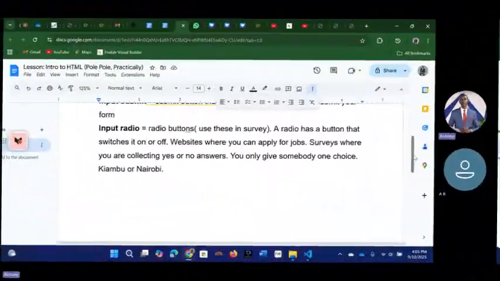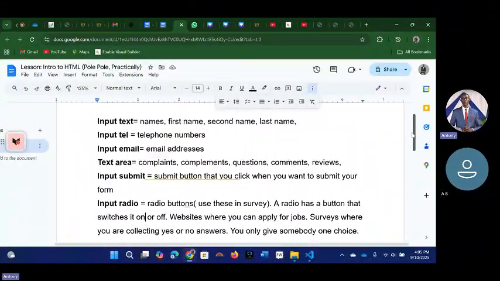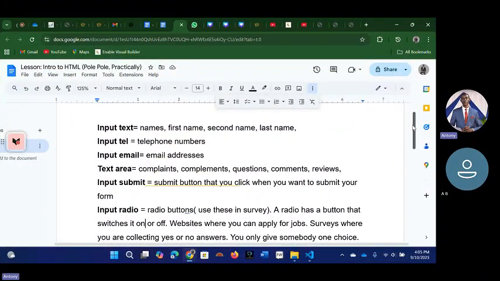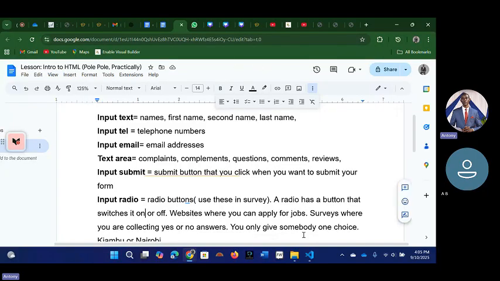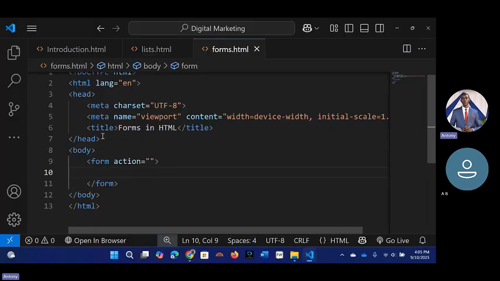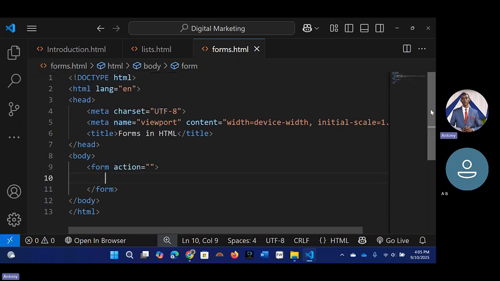I'm just going to do that practically so that you can understand each of these things that I've just mentioned here. So I'll go straight into it. For the forms, I had already done this part where we are doing the input types, and we do forms, and then we enter the title in there.